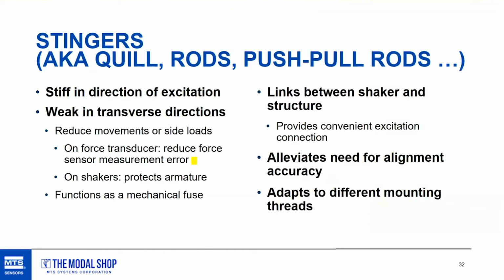And you also want the stinger to be relatively weak in the transverse direction. That way it will help you with any potential side loading that can be applied to the structure due to a little bit of misalignment, or due to the vibration or rotation of the structure as you run the testing. So minimizing that transverse